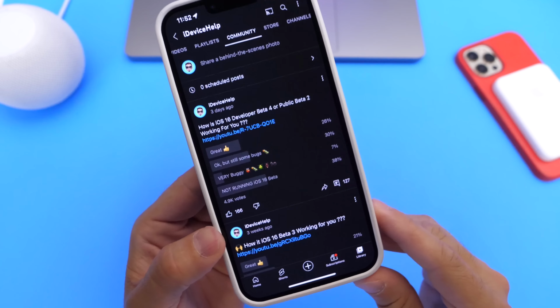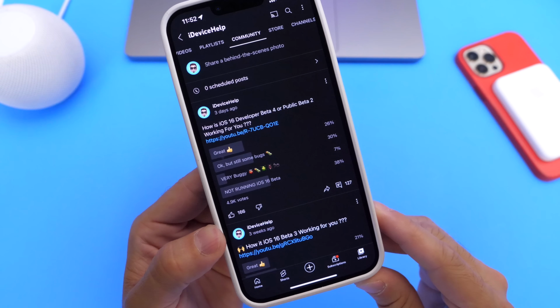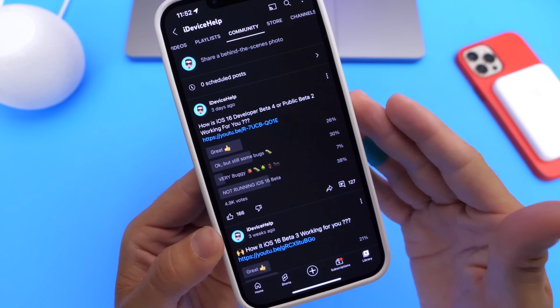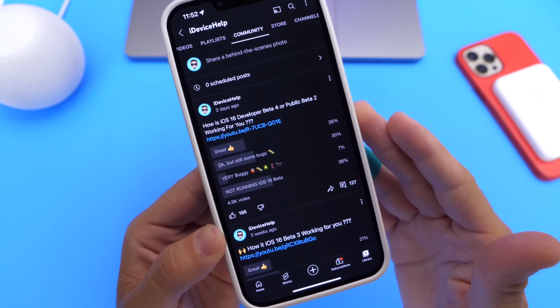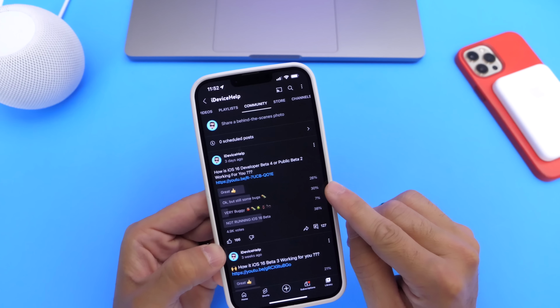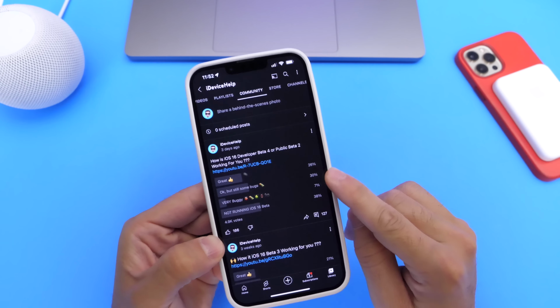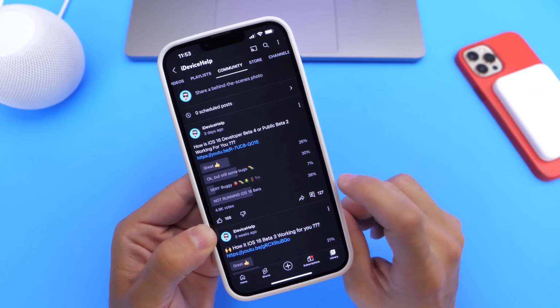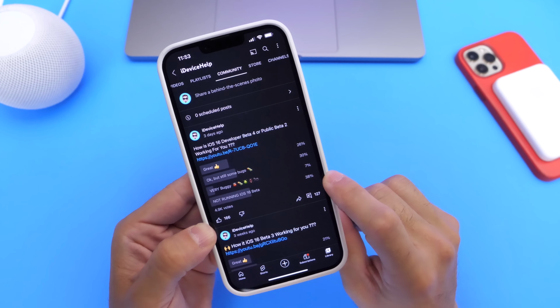Now we're taking a look at the YouTube community poll. As I mentioned, this is where you guys provide some feedback on how the software has been working. And of course, the question is, how is iOS 16, Developer Beta 4, and Public Beta 2 working for you? So 26% of you guys say you're having a good experience. 30% of you guys say it's okay, but there's still some bugs. And of course, that's where I fall, for some bugs still within the software. 7% of you guys say it's very buggy. And then 38% of you guys are simply